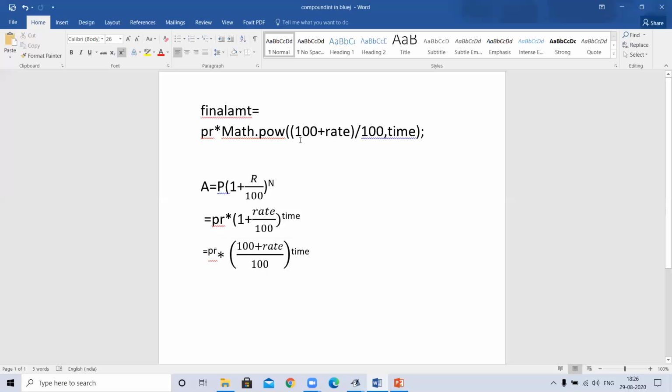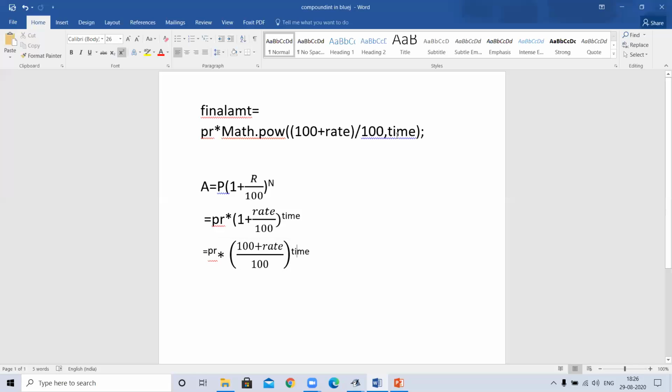So what is in the base? 100 plus rate by 100. And then what is the exponent we will write after the comma? The same, time, because my exponent was time.